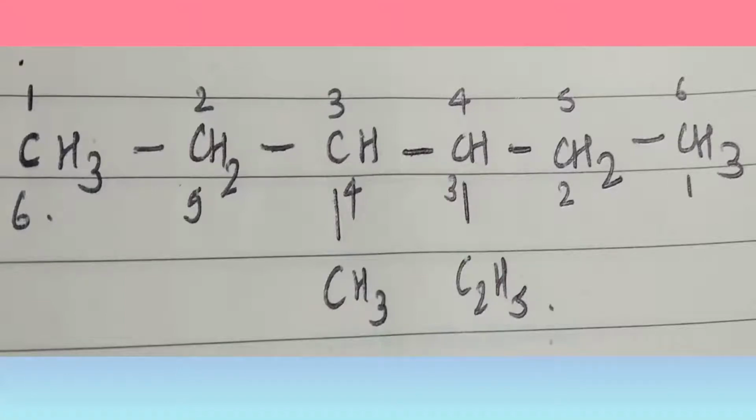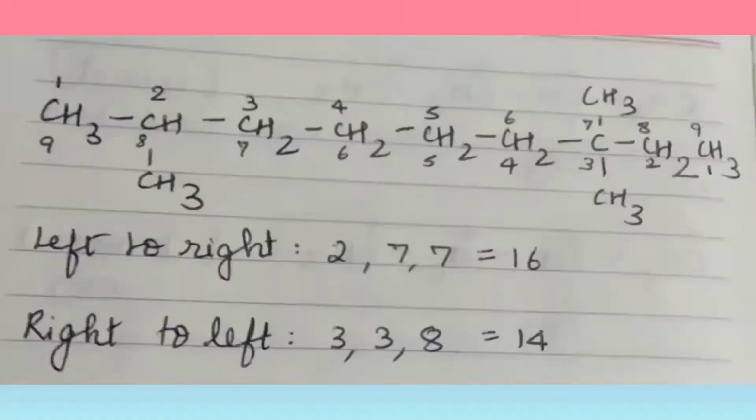But if you see in the first one, when there is a methyl and ethyl group and they are not at an equal distance, we take methyl to be given as the first preference. That is, it should have the least number. Now coming to the next example. Now I would like you guys to also pin this down and tell me which is the right order.